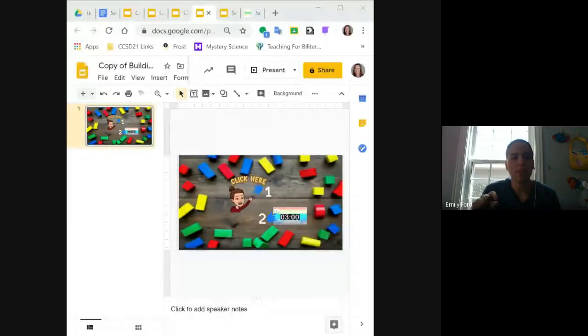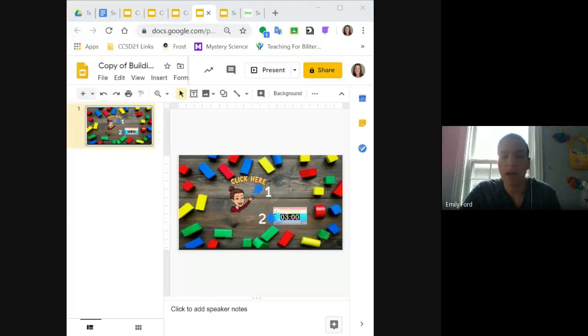So another way that you can load something to that multimedia part, so not the student template, but that multimedia part. If you want your students to go to multiple places with different links, you can link them all in one spot. So this is an example of a choice board that I made for a 3-day STEM assignment that I created,